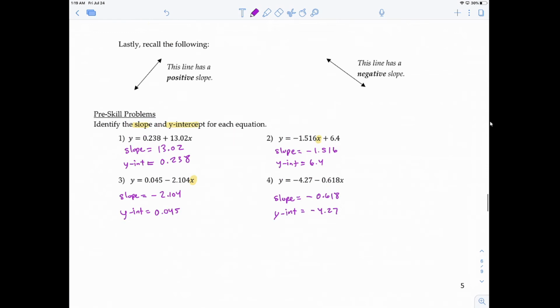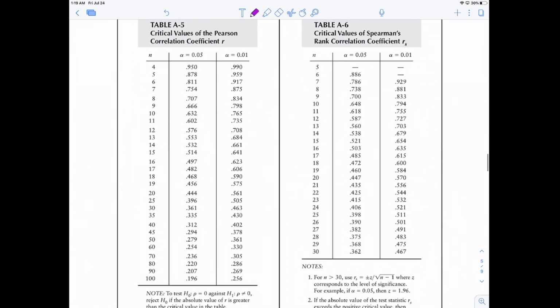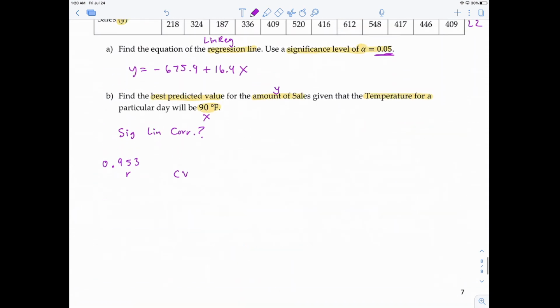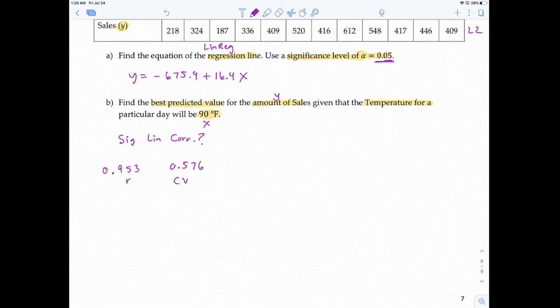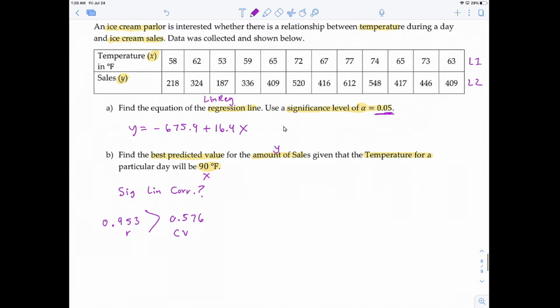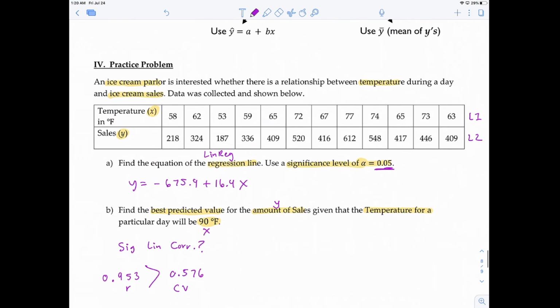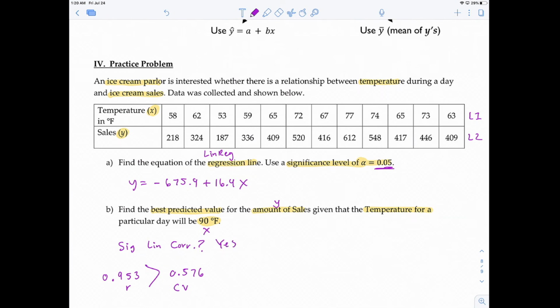And to get the critical value, we're going to use this table. So n was 12, and alpha was 0.05, which means there's our critical value, 0.576. So R is definitely bigger. The absolute value of R is greater than the critical value, which means that yes, there is a significant linear correlation, which means to best predict the y value when x is 90 degrees,